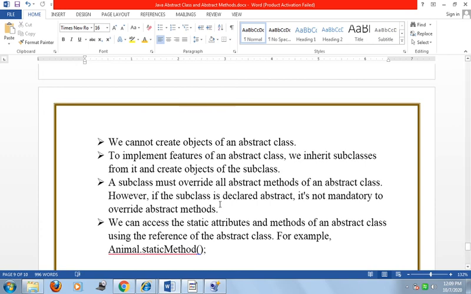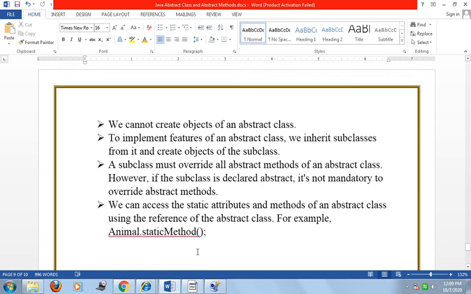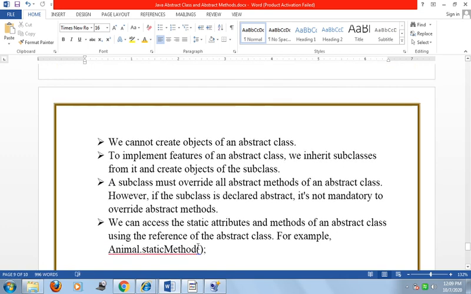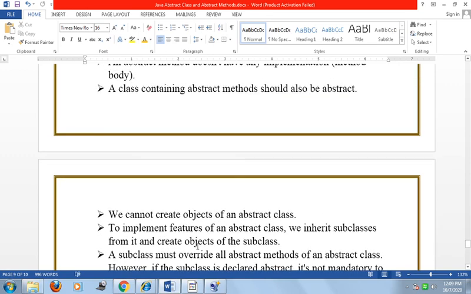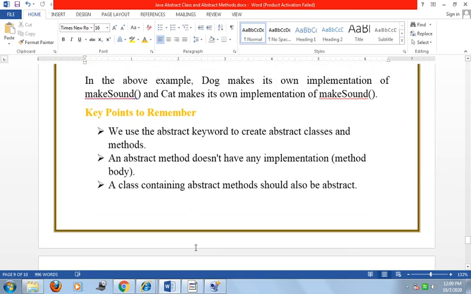We can also access the static attribute and method of the abstract class using the reference of the abstract class, for example Animal.staticMethod. These are important points to remember when we use abstract classes and abstract methods in Java.